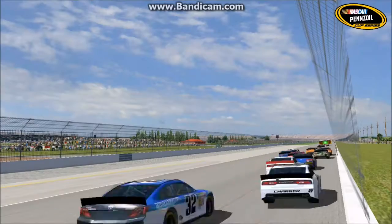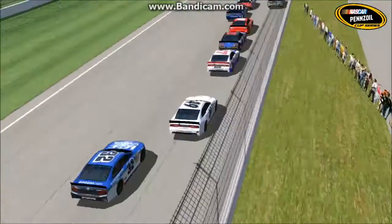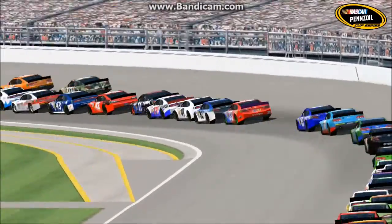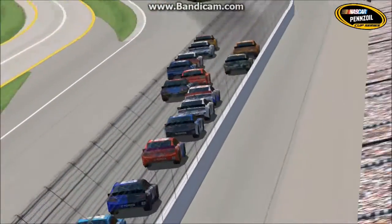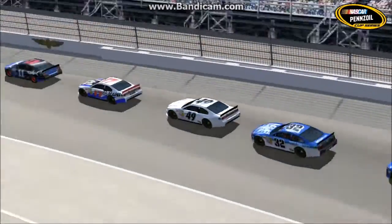so good to see him running decent again. Here's Blaine Keys, though, first time he has raced since Dover, so good to see him back in the field again. He's been very mad at himself for not really making the races. He feels he has potential, but he's just not making the races count, and this is the 3rd race he's been in this season, and